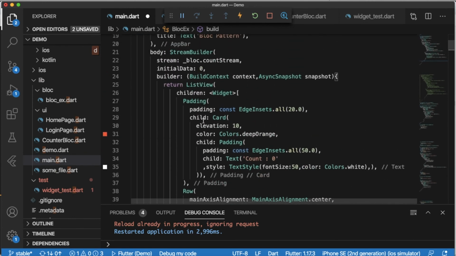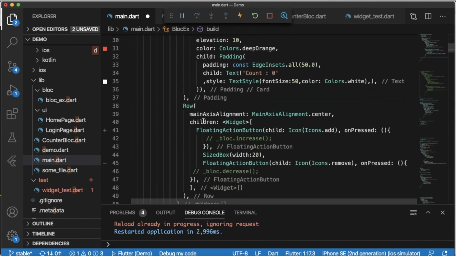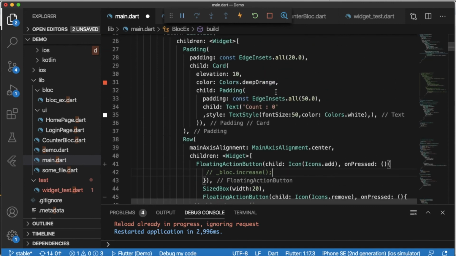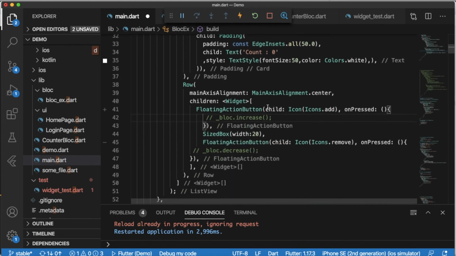Then here is our add button. So first I will call our increase method by use of the block object which we have created above. Block dot increase method, and what the increase method is doing is increasing the count value and adding it into the sync.